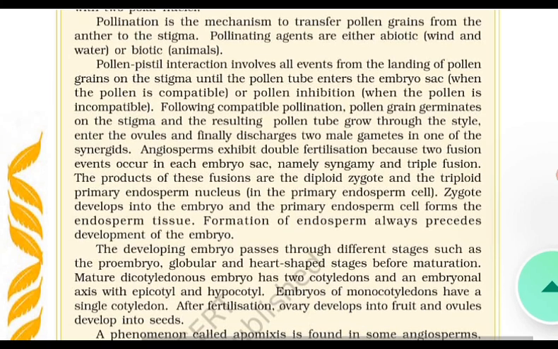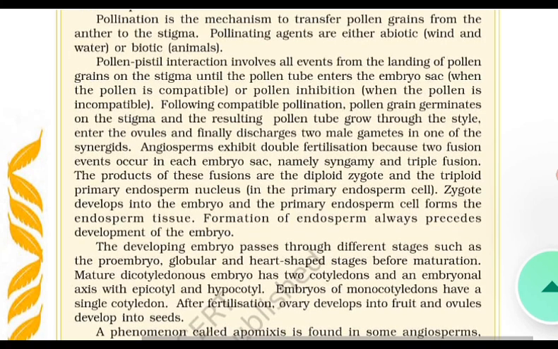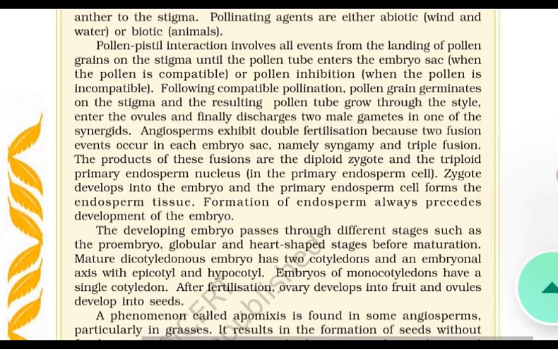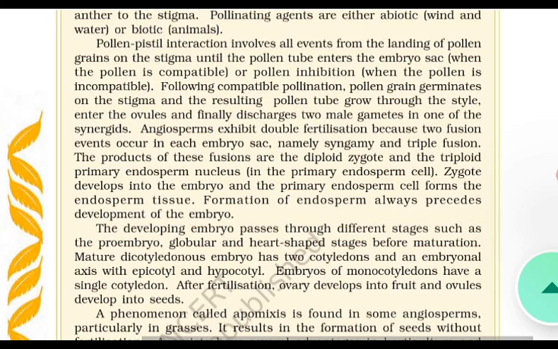A cell of the archesporium, the megaspore mother cell, divides meiotically, and one of the megaspores forms the embryo sac, the female gametophyte. The mature embryo sac is 7-celled and 8-nucleate. At the micropylar end is the egg apparatus, consisting of two synergids and an egg cell. At the chalazal end are the antipodals. At the center is a large central cell with two polar nuclei.